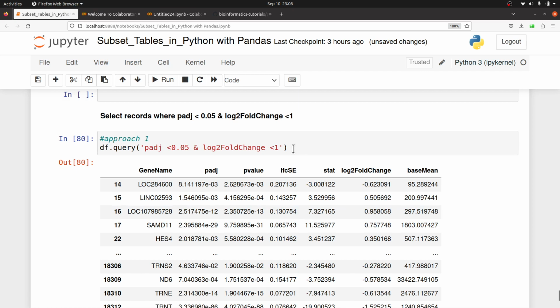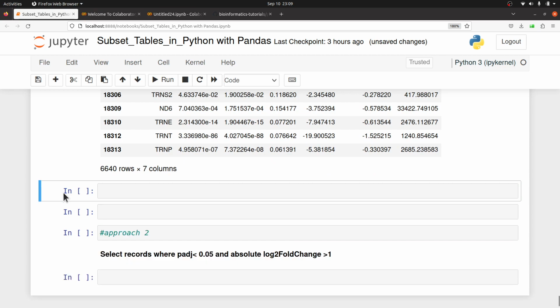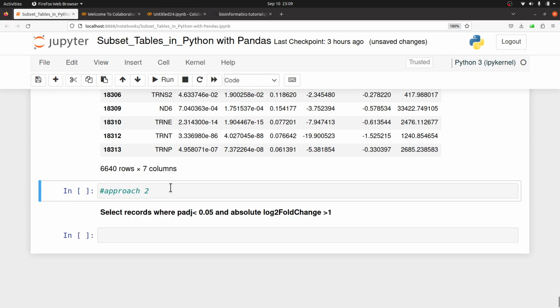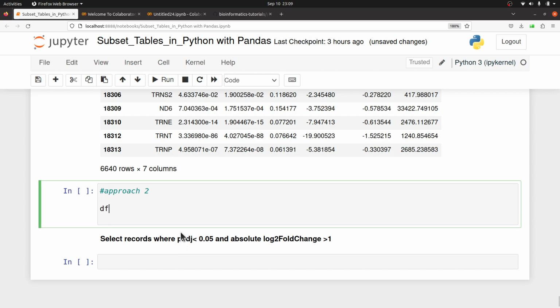And again, you can assign to a variable, you can save this in an output file. So that one, I'll leave that up to you. All right. So this is approach 1. Now let's look at approach 2. Approach 2, we'll do this. Approach 2, we say df,